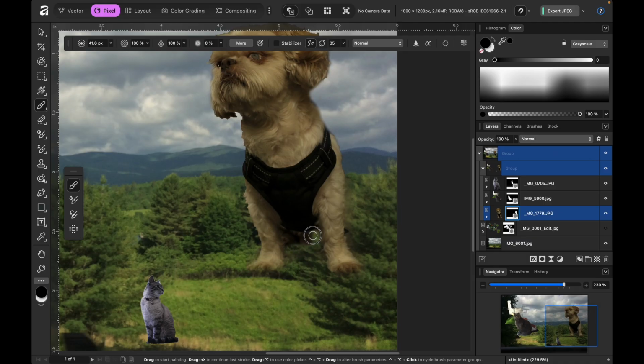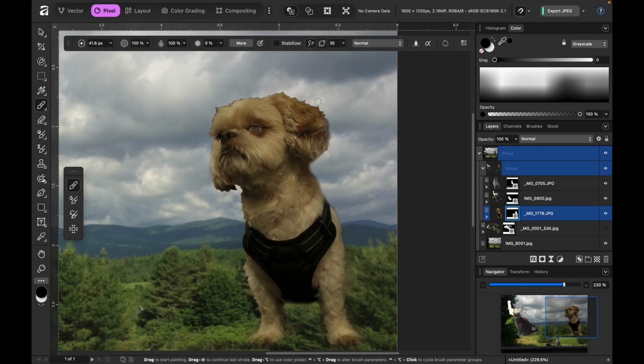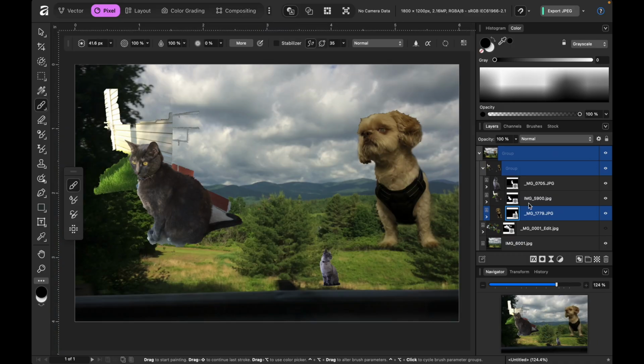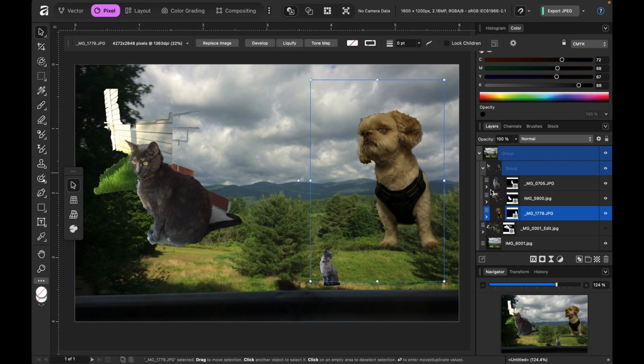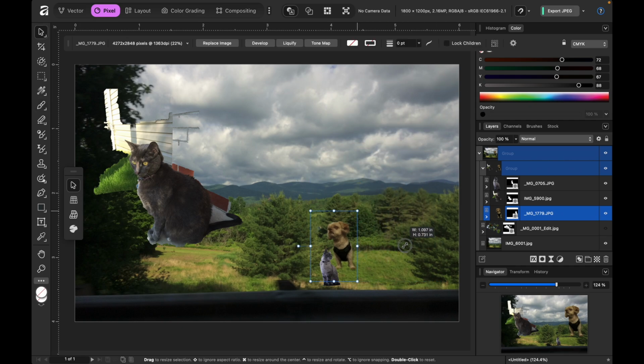I think this is the floor, so we don't need that. I think that's just a cord, so we're just gonna remove that. Fix the ears a little bit. Alright, this doesn't look perfect, but again, we're gonna make this small. So V for transform. With the move tool, we're gonna